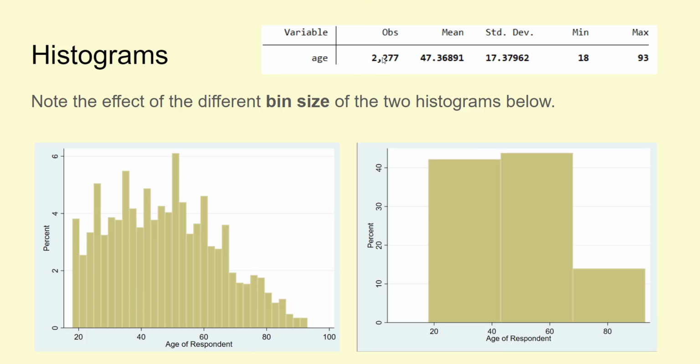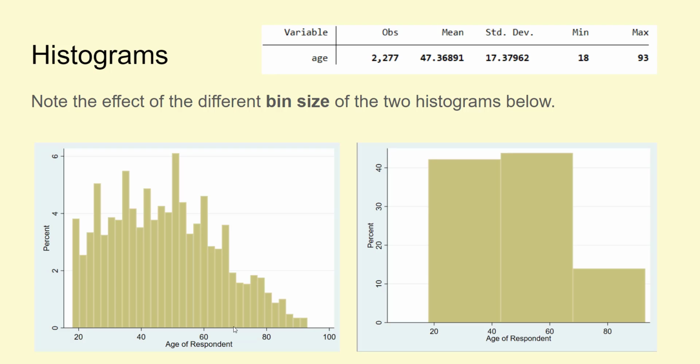Histograms are an effective way of presenting data. When we use histograms for quantitative data, it is important to pay attention to the bin size. You can see on this graph, the bin size is much smaller on the left. I believe on the left we have a bin size of, I think, 2 years,